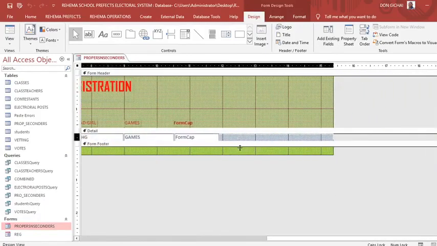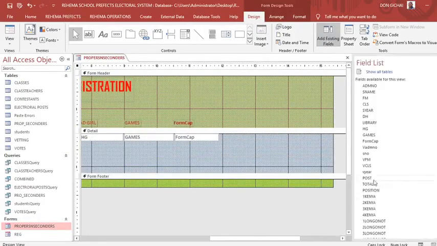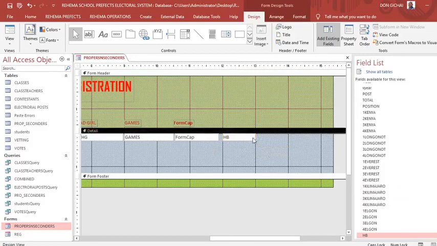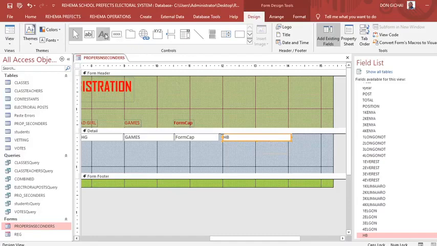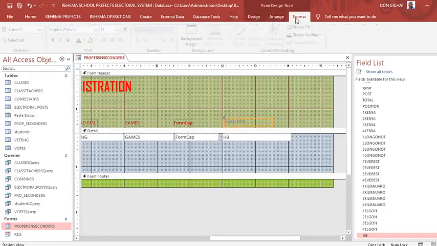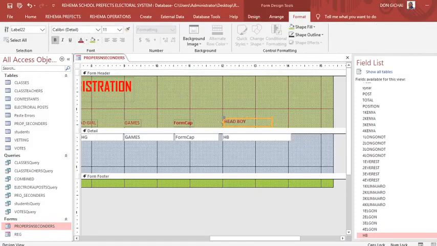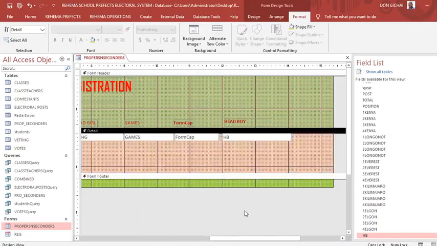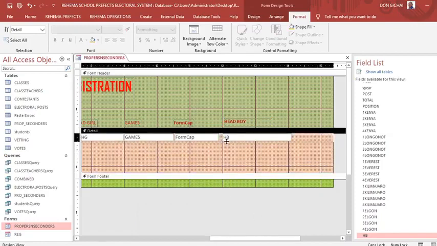Right click, design view. Pull over. Then go to add existing. Now you can see the head boy should be the last guy here. Therefore, we can remove this. Then bring the head boy there. The head boy, you can use a control right now. This is the head boy. Then format just like I have done for the others. That way. Then now from there we can just do the necessary,